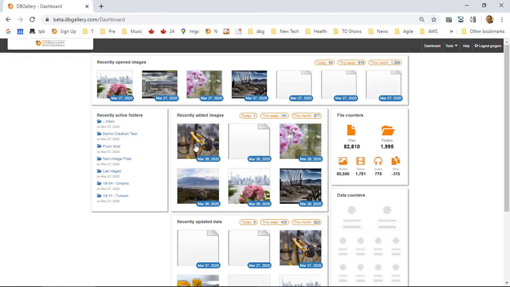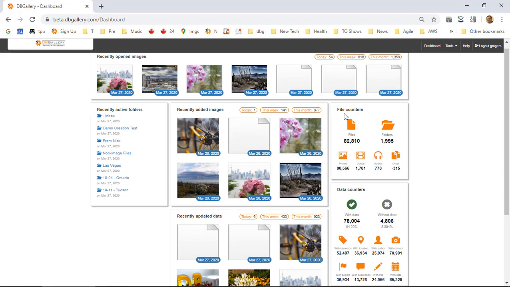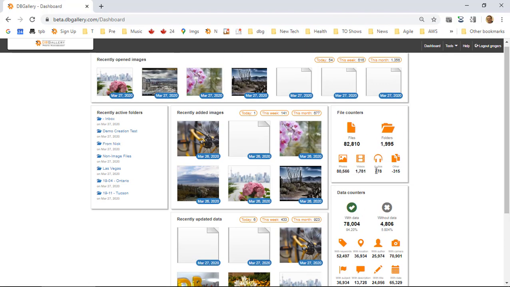Now, along with getting back to where you left off, there's some other interesting information in here, such as the data counters, the number of files that is in this collection. In this case, it's 82,000, which is a fairly average number of image files for a DBGallery client. We have some with several 100,000 or close to 1 million, and some, of course, are down to 10,000. But this is about a medium-sized